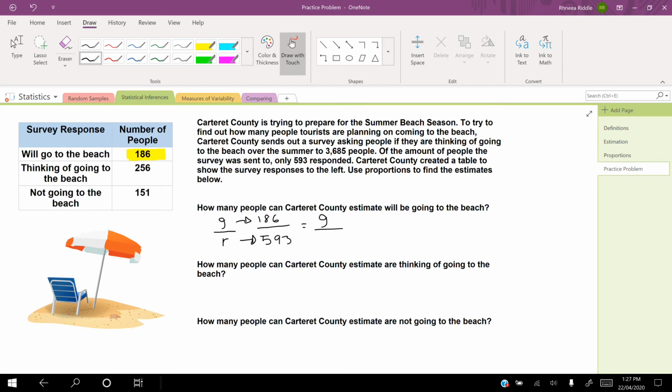To how many people we sent out and asked in general. And we asked 3,685 people. So now we are going to solve for G. We're going to do this by cross multiplying. So we're going to get 593 G, and it's going to be equal to 186 times 3,685. Which gives us a really large number of